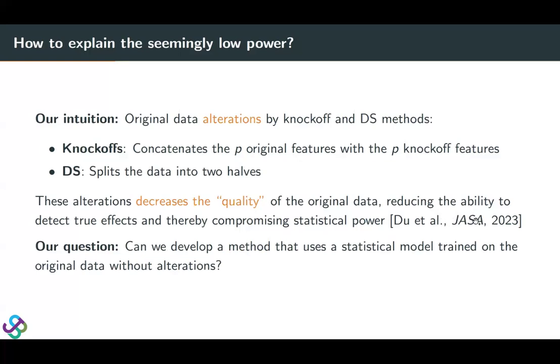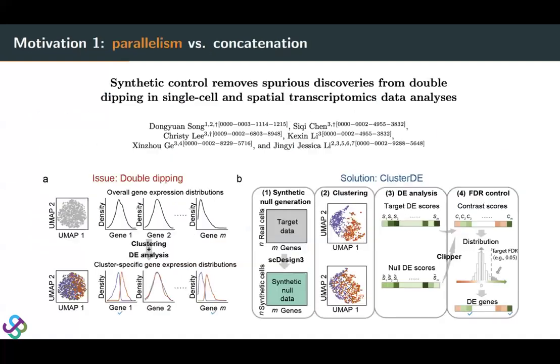So the question we have is, can we develop a method that uses a model trained on the original data without such deterioration? Our motivation came from two reasons. One is our research in the single cell field. This is a work we developed called cluster DE,